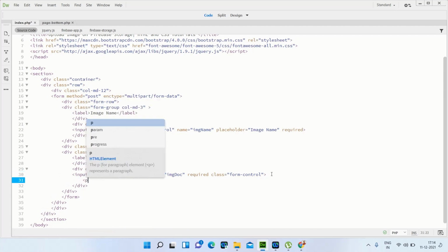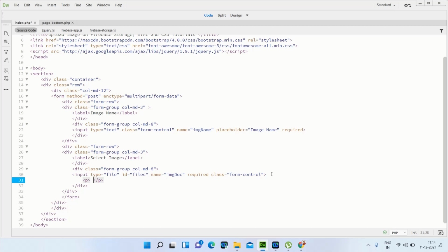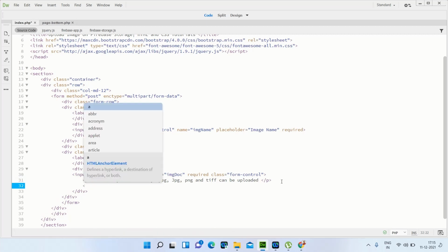First you have to create a p tag with the class help-block and write some message for the user: only jpg, jpeg, png and tif can be uploaded.